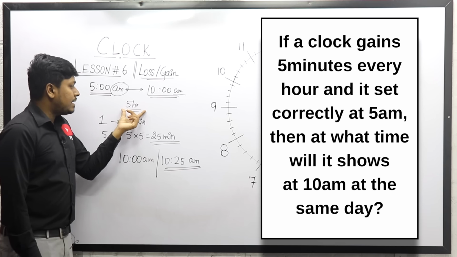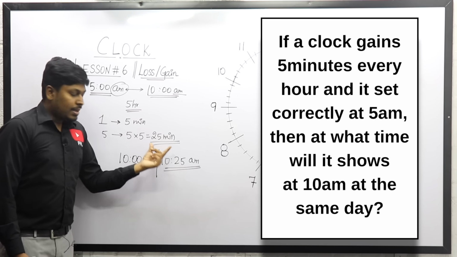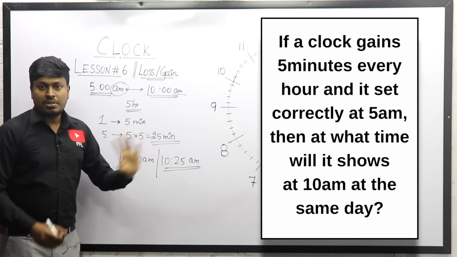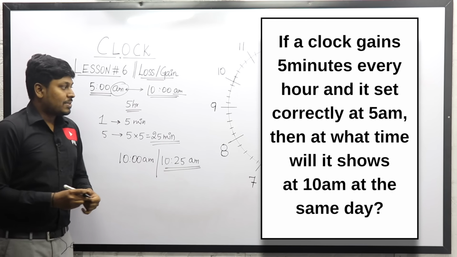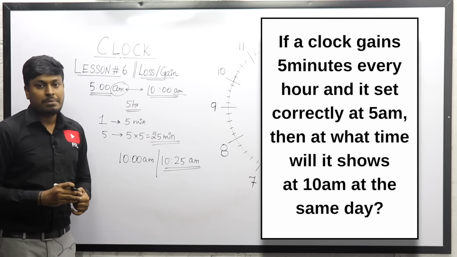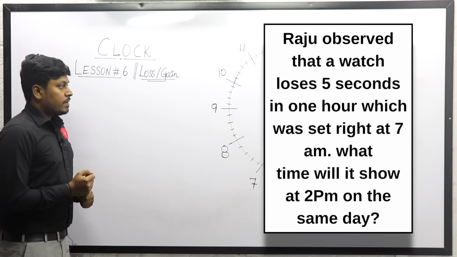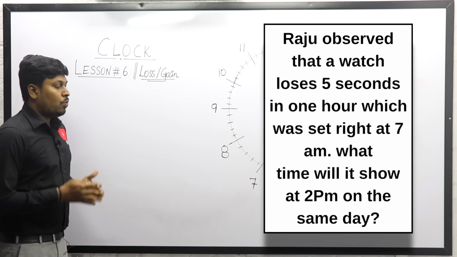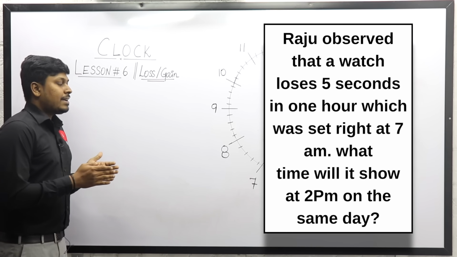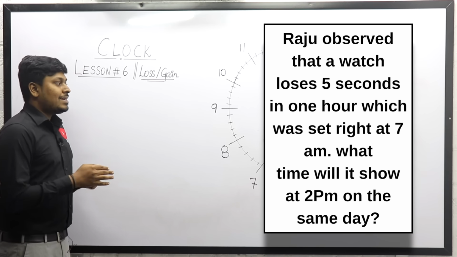So after finding it, find the total hours and then add or subtract based on the question. It's easy, right? So this will be the answer for question number 2. Question number 3. Raju observed that a watch loses 5 seconds in 1 hour, which was set right at